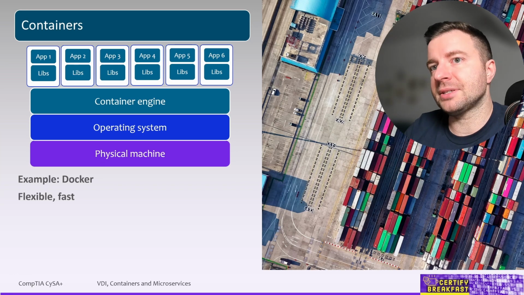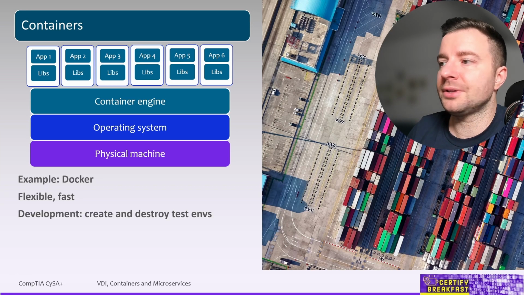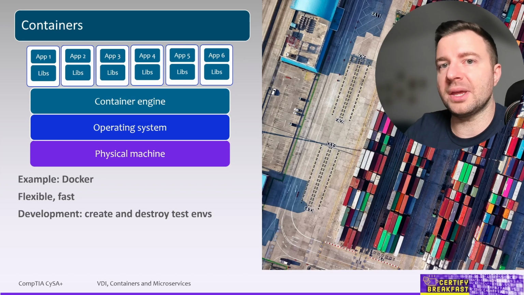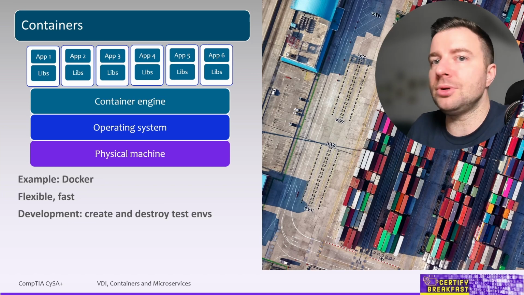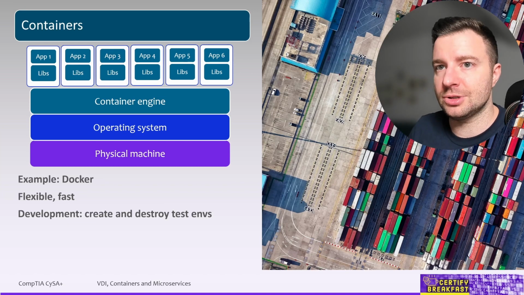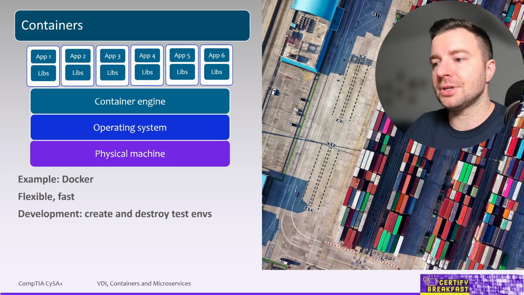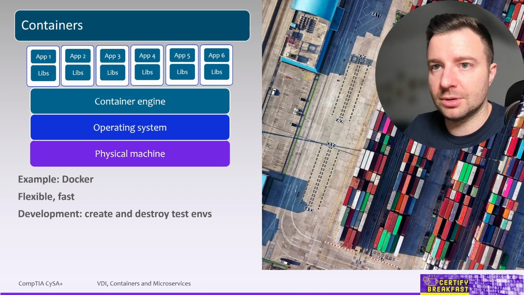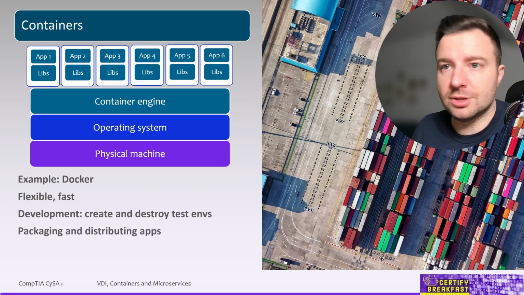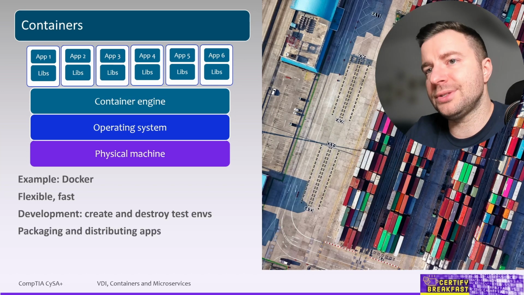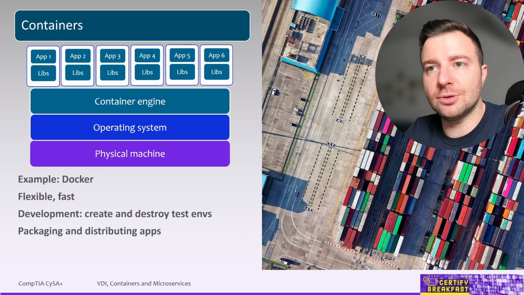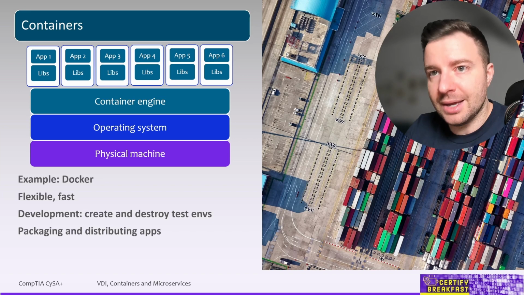The flexibility makes containers useful for things like development. Now, we have developers instantly creating and destroying test environments to test a new piece of code, to perform even a unit test for a minor change, and it also allows developers to quickly switch between environments and test different types of environments with the same code. It's also very good for packaging and distribution because it makes it so easy to ship applications, to make them available for download for the customers, and to run them as container images.